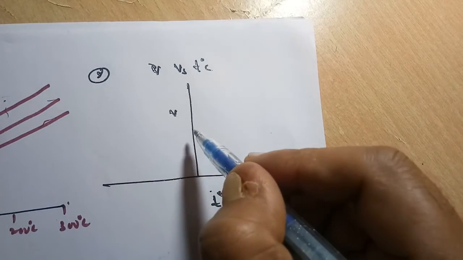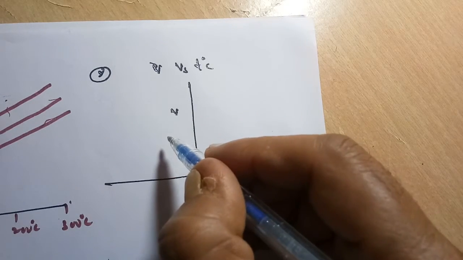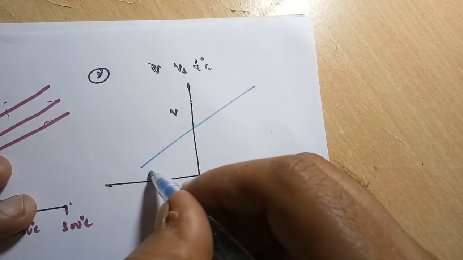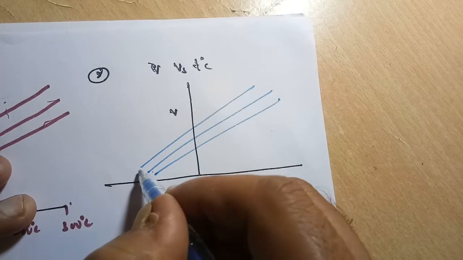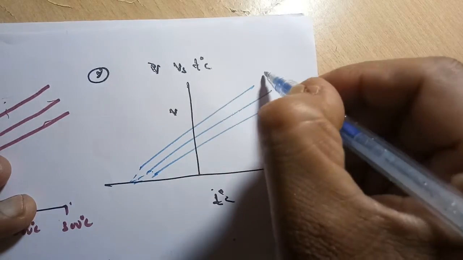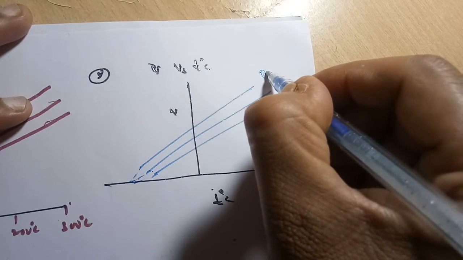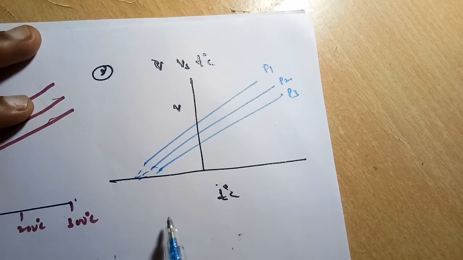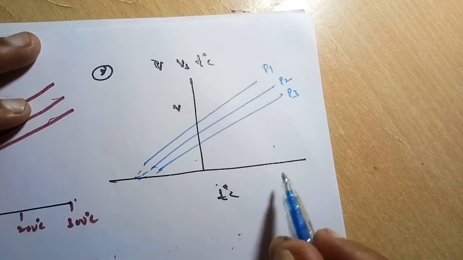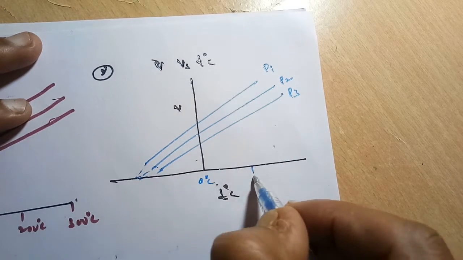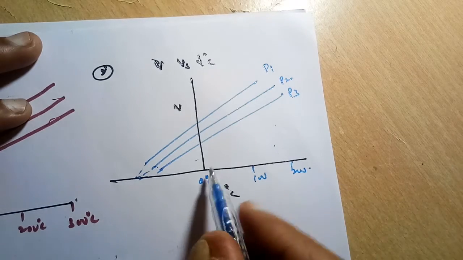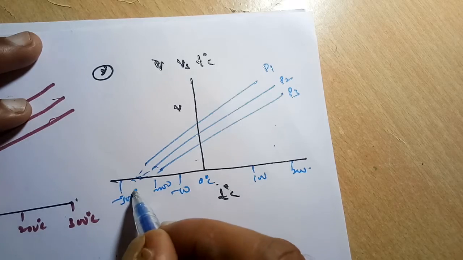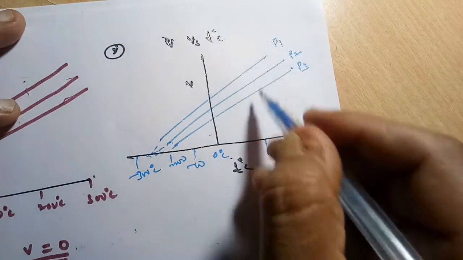So here I want to plot graphs at different pressures. At different pressures I get these types of graphs. This is at P1 pressure, this is at P2 pressure, this is at P3 pressure. Now we are asked the relation among P1, P2, P3. Here 0 degree, 100, 200 and 300 you can take. Here 100, here minus 200, here minus 300 degree centigrade. So what is the relation among these P1, P2, P3?